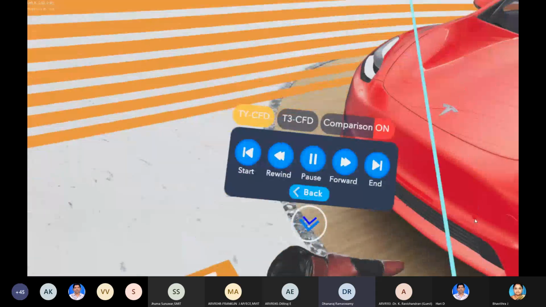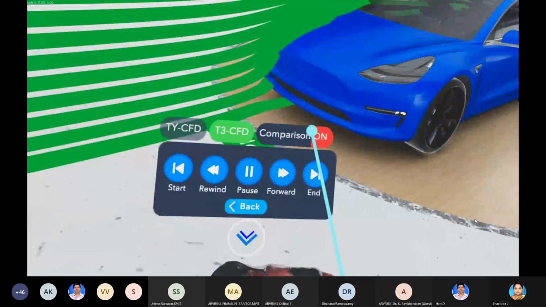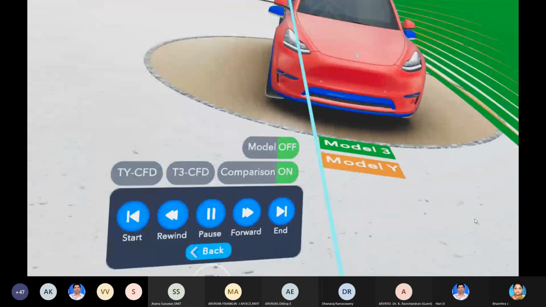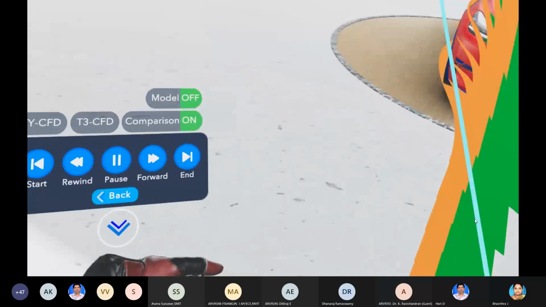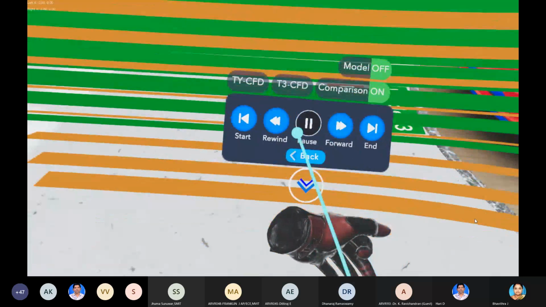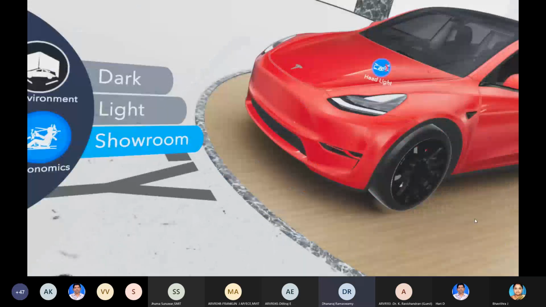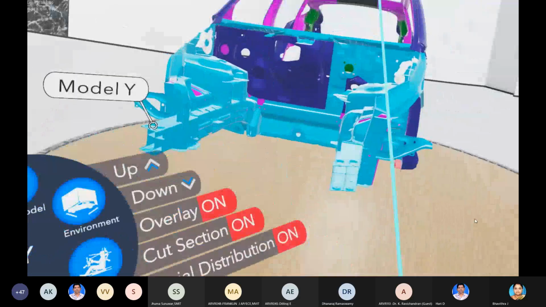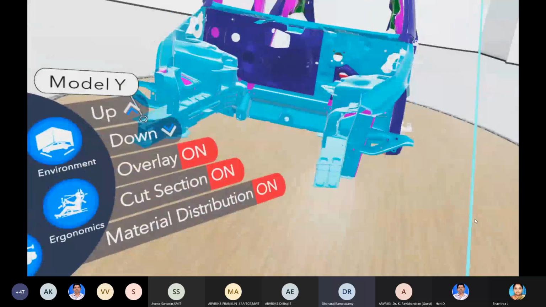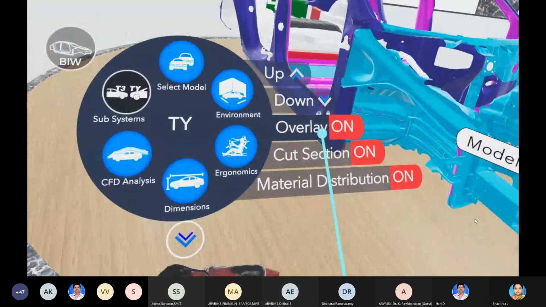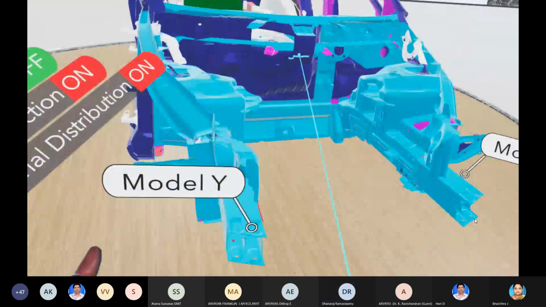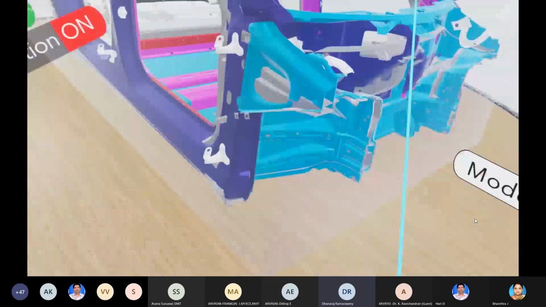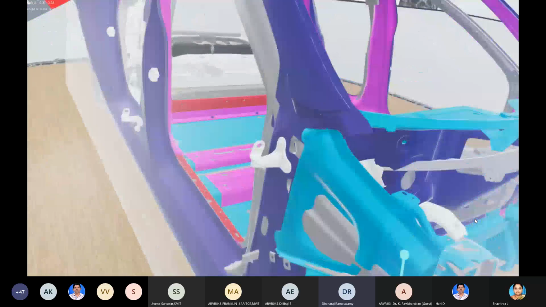This is one of the analyses. We have a cut section to show how these car models are located in different ways and different places.